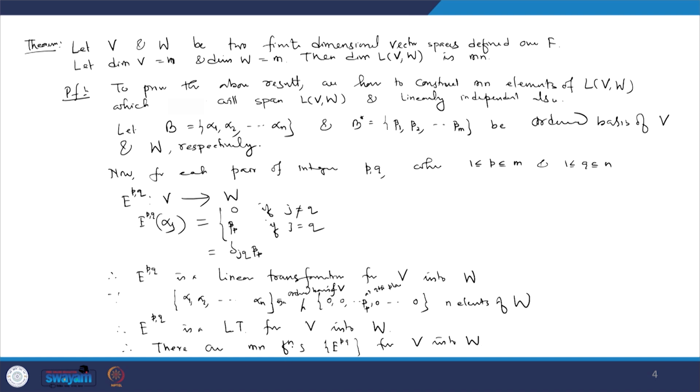There are mn linear transformations E_pq from V to W. Claim: these E_pq, 1 less than or equal to p less than or equal to m and 1 less than or equal to q less than or equal to n, span